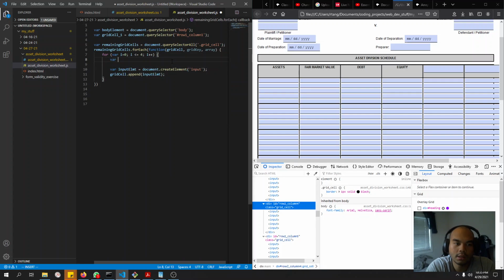So var input ID will equal row plus in each row